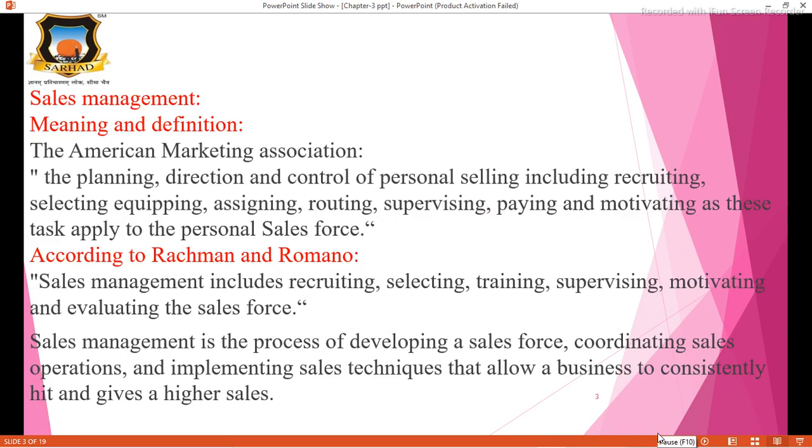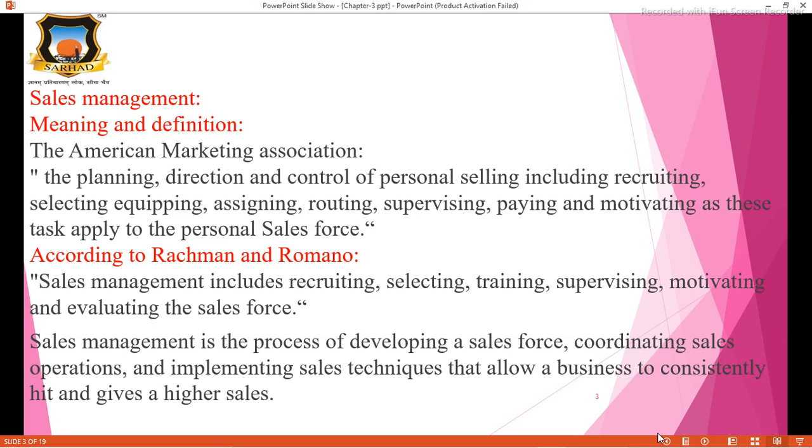Let us see what is the meaning of sales management. See the definition: the planning, direction and control of personal selling, including recruiting, selecting, equipping, assigning, routing, supervising, paying and motivating, as these tasks apply to a personal sales force. According to Rachman and Romano, sales management includes recruiting, selecting, training, supervising, motivating and evaluating the sales